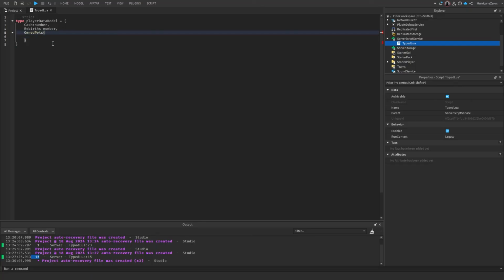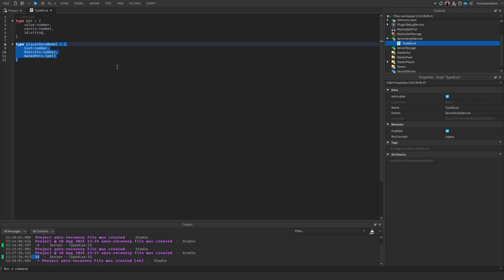Oops, my bad, was not supposed to put equal there. And we could have another type that's type pet equals that, and it's like value number, rarity also a number, name string, or like ID string. And then we can also say that it's a table of type pet,